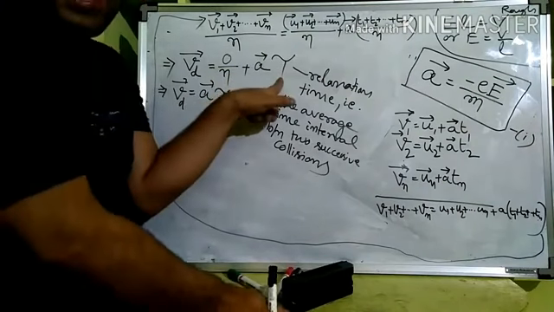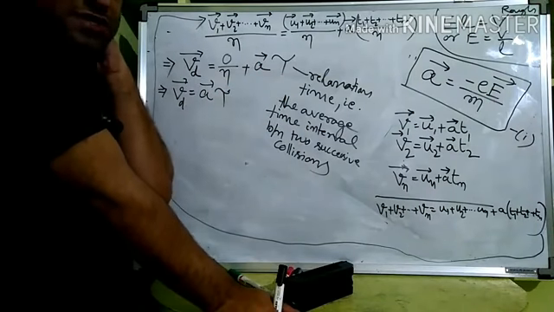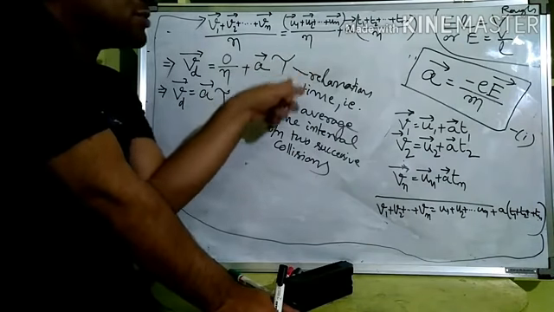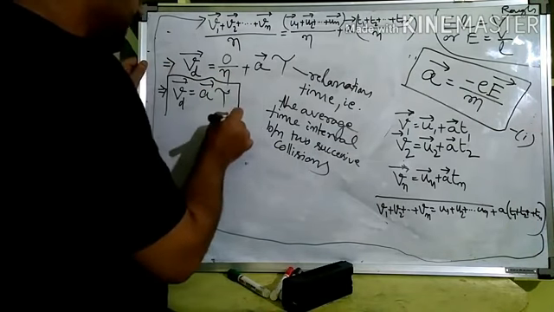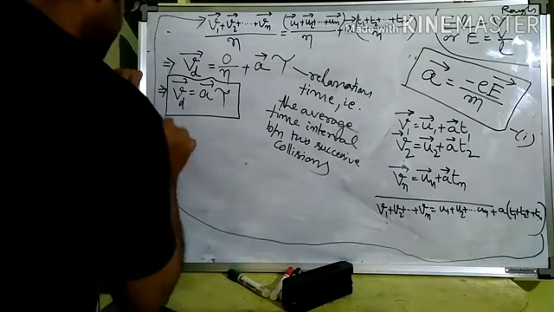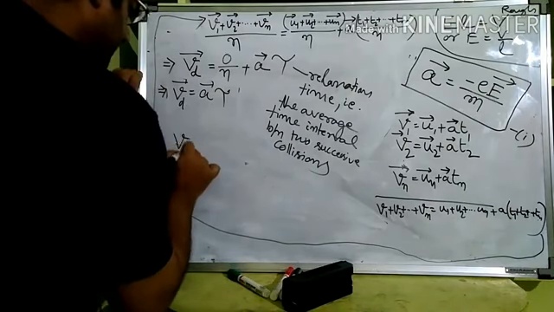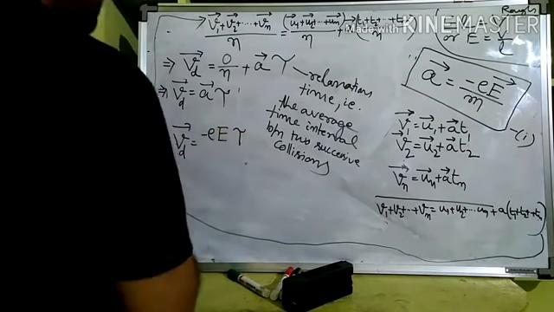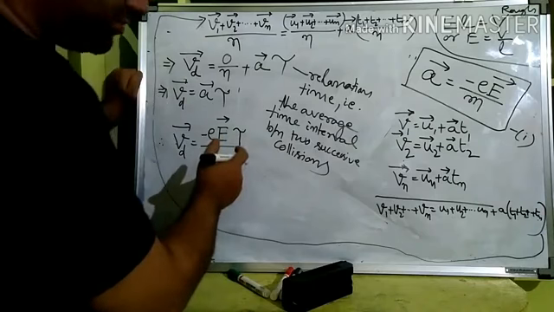Now, this tau, last year we had taken for torque, right? That's okay, this is just a symbol. Torque is a different concept than relaxation time, but for torque we had taken this symbol. Here the tau symbol is taken for relaxation time. So Vd is equal to A tau, we got this, right? But A is equal to something we have derived already, eE by m. Therefore, finally what we got is Vd is equal to minus eE tau by m. Here we are writing it in vector form, where tau is the relaxation time, divided by m.